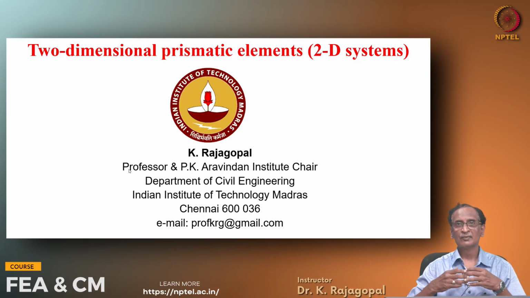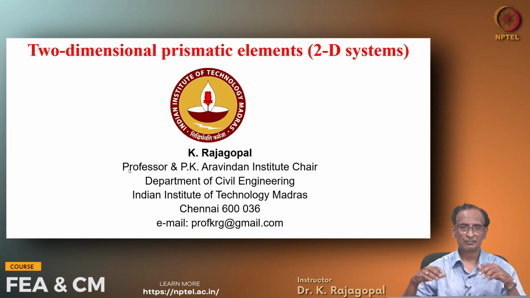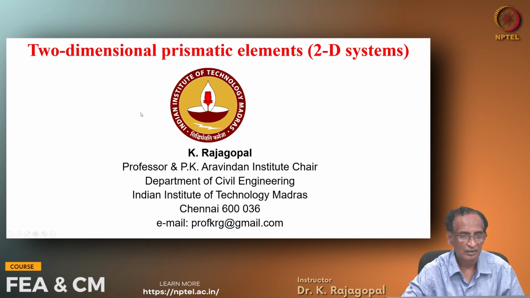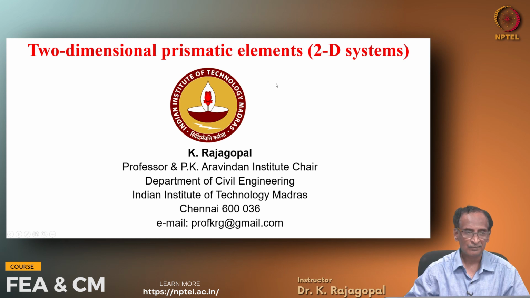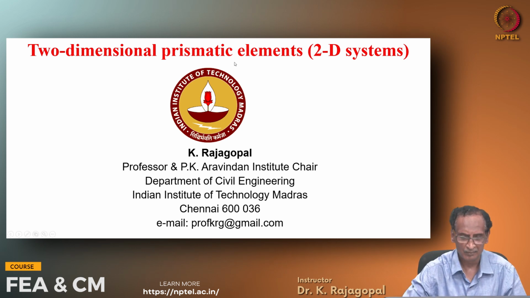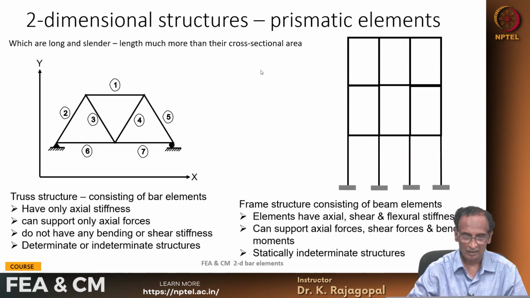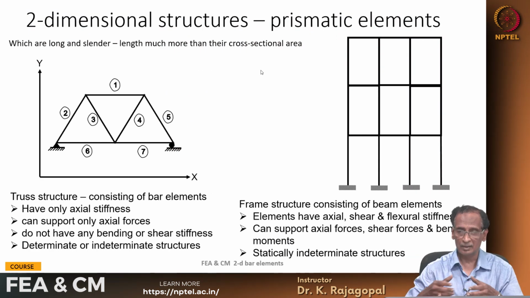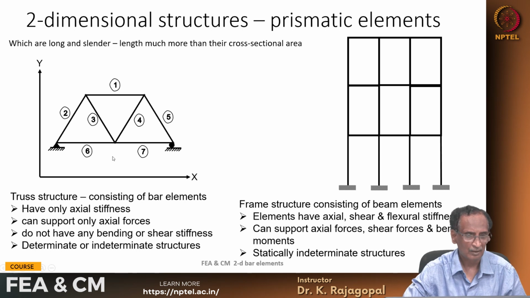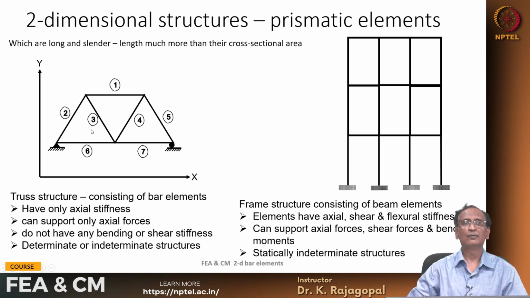And let's continue from our previous discussion on developing the system of equilibrium equations for axial elements, and let's continue for two-dimensional elements. In this lecture, let's look at only the two-dimensional bar elements or two-dimensional prismatic elements. There are different types of two-dimensional structures that you can think of, made of line elements like the trusses or the frames. These trusses are made of only bar elements that can support only axial forces, and